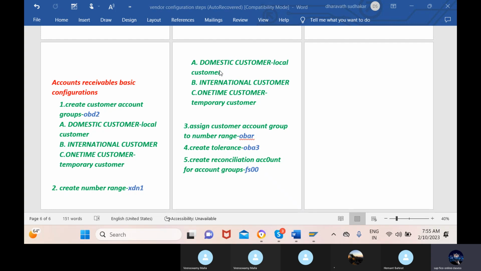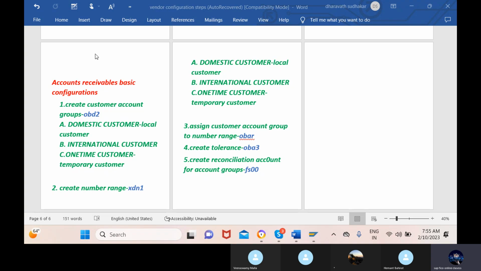Now, this number range that we give, when we create a customer under a customer account group,